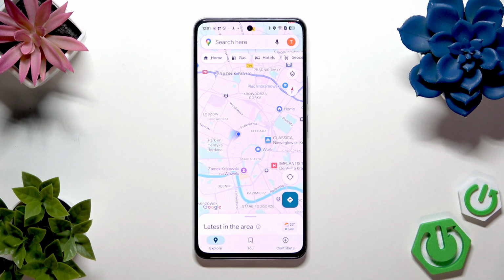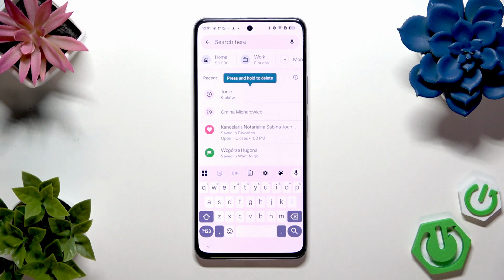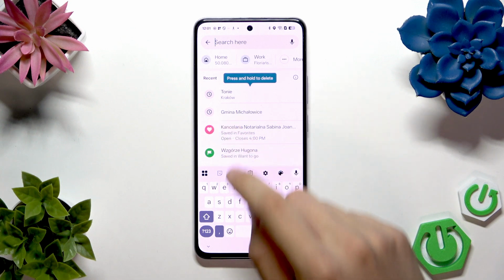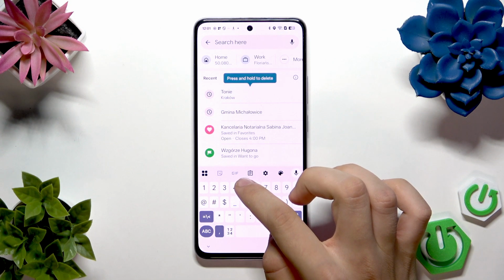So, at first we have to tap the search bar here at the top. And now I've saved for myself the coordinates for Warsaw, Poland. So we have to enter at first the latitude and then, after the comma, the longitude. So let's switch to numbers, and the Warsaw will be